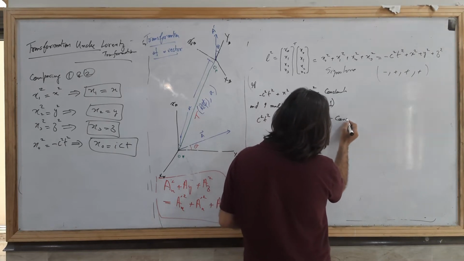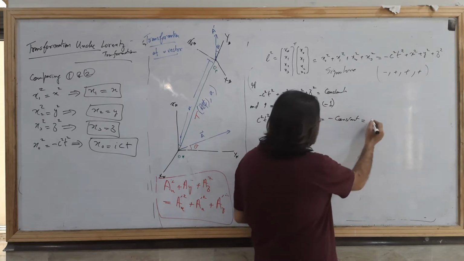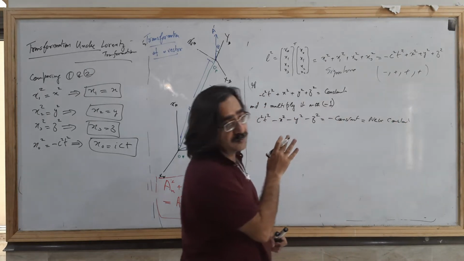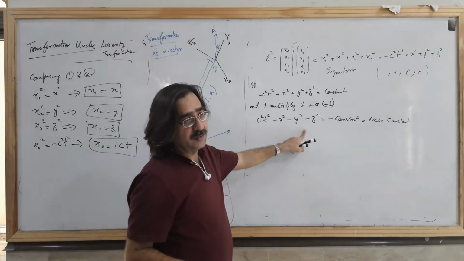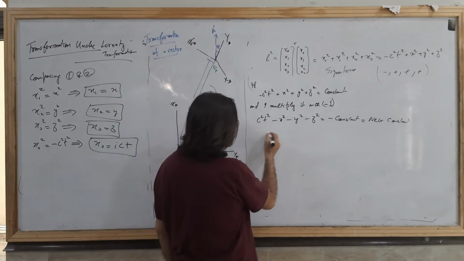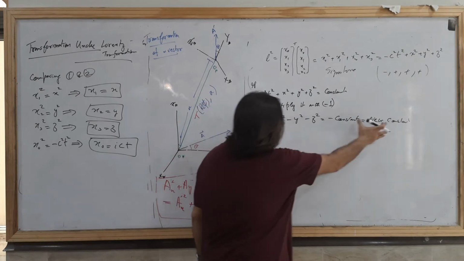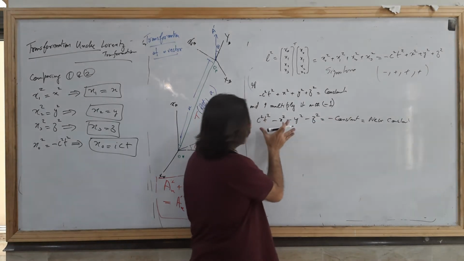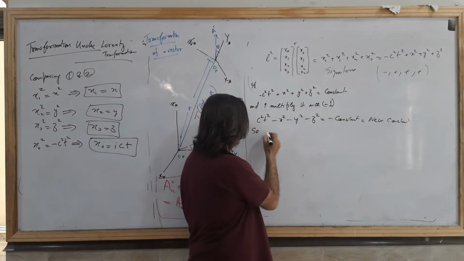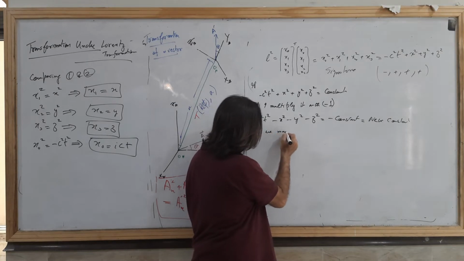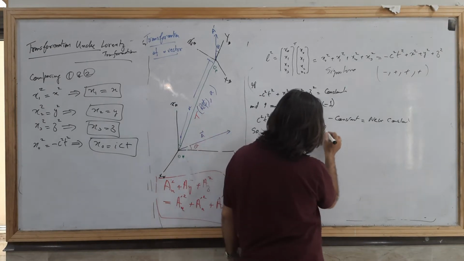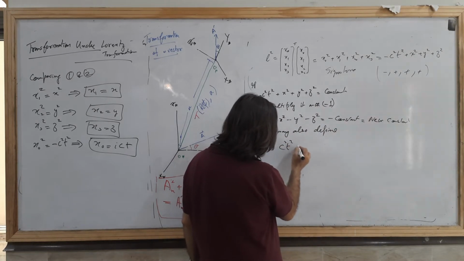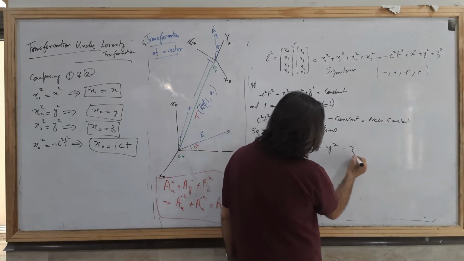This will be minus constant, and minus constant is a new constant. So this is also a constant. A negative number is also a constant. So we may also define L square as c square t square minus x square minus y square minus z square